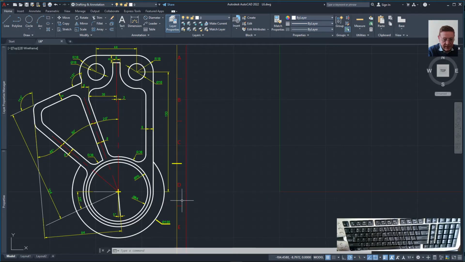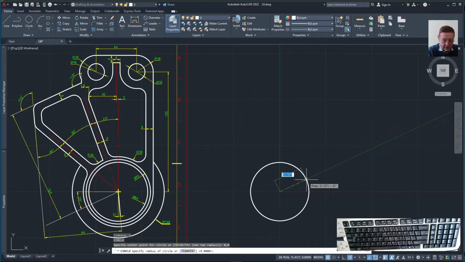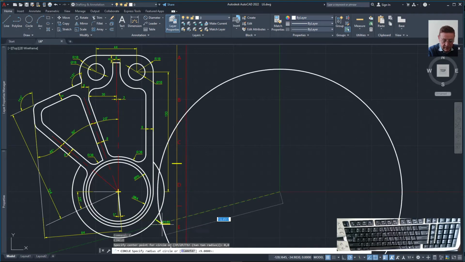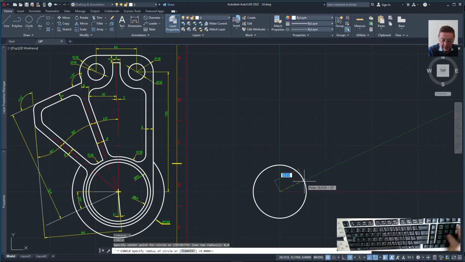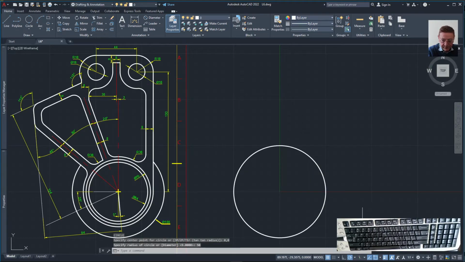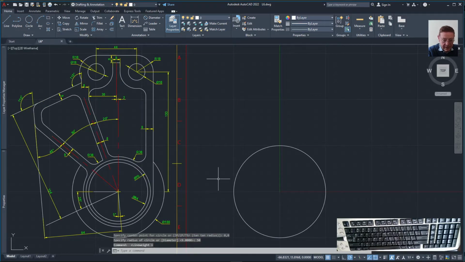The first step is to build a series of circles. I will start with the first circle. To find its center you may enter 0,0 as coordinates, enter, and as you may see the first circle will be built with a diameter of 100, that means 50 as radius. I will deactivate the line weight